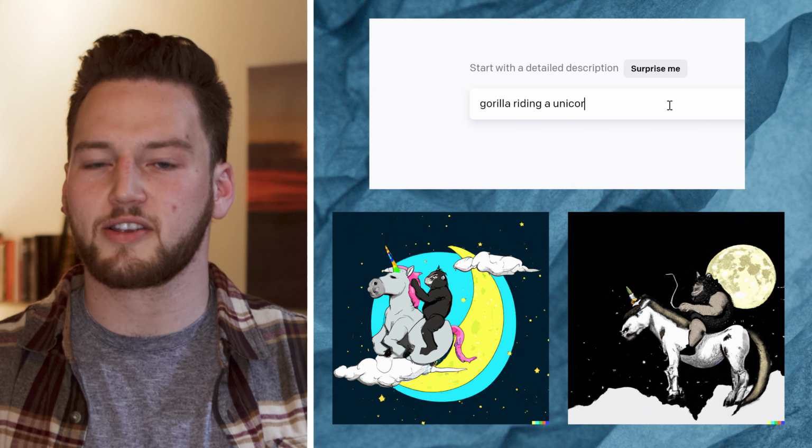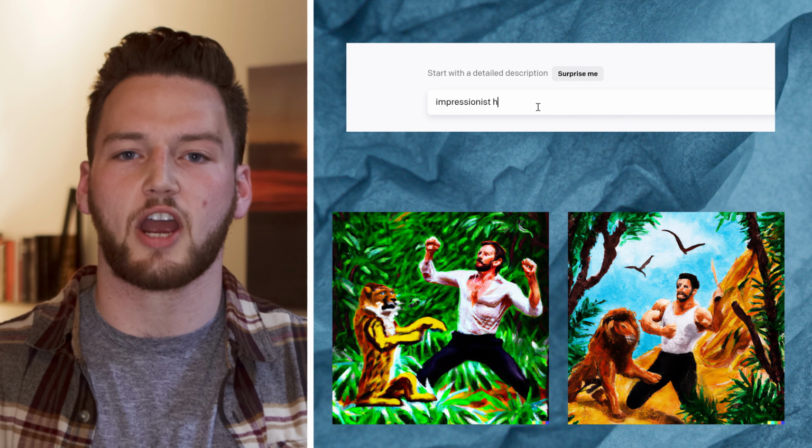Dall-E is a brand new online tool that combines artificial intelligence with deep learning technology to generate photorealistic images based upon a string of text. Much has been made online about its ability to handle absurd requests like gorilla rides a unicorn on the moon, or impressionist Hugh Jackman fights a lion in a jungle. But I think its more important application is the one no one's talking about, and that's what it can do